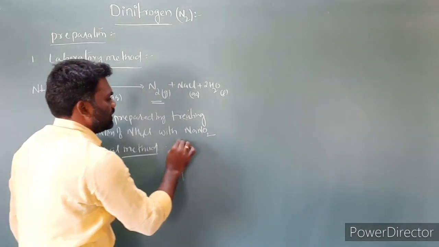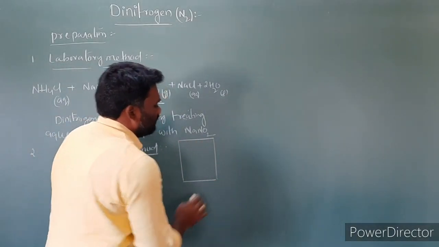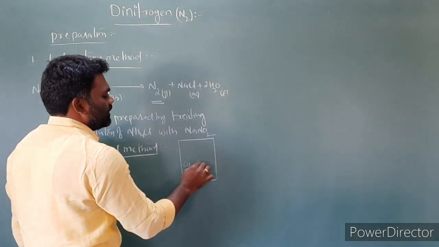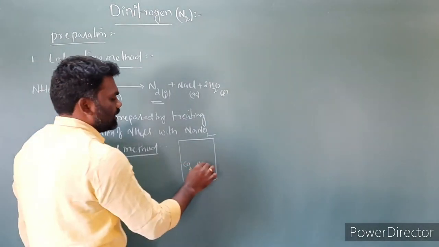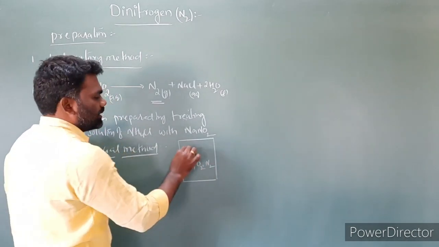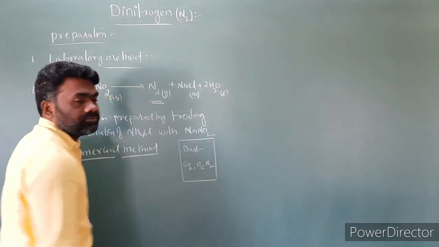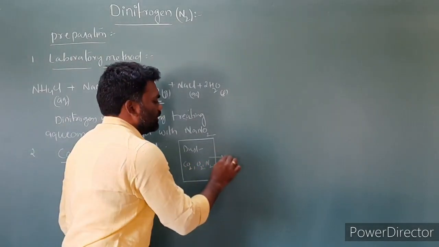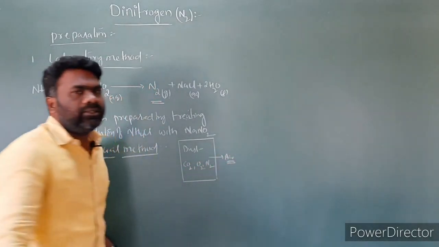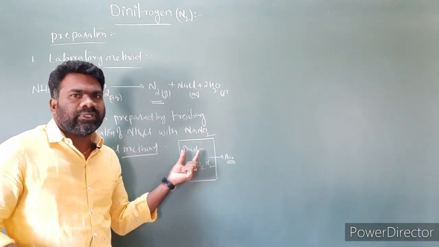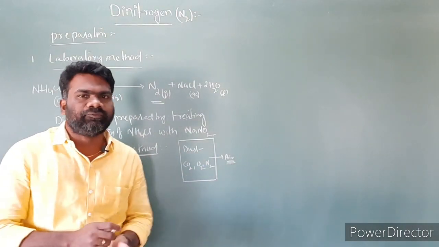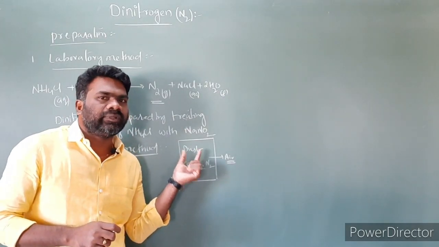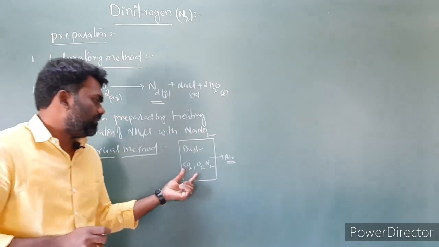First we have to take air. We already know very well that air is a mixture of gases. It contains carbon dioxide, oxygen, nitrogen, and dust. First we have to remove the dust, by passing the air through filters. When the air is passed through the filters, the dust impurity gets removed. Then we have the mixture of gases.